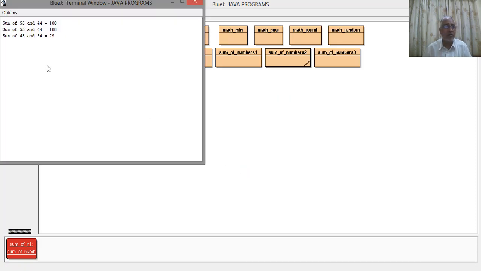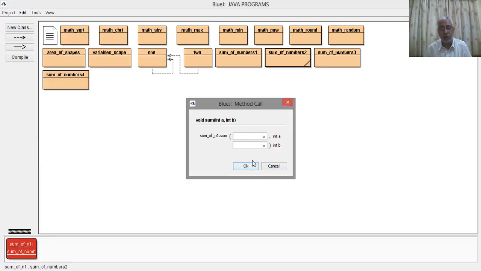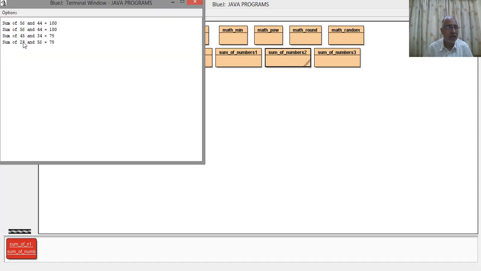As soon as we press the OK button, we get the answer: sum of 45 and 34 is 79. You see the earlier program, 56 and 44 came both times, the same thing, but here 45 and 34, which we give, are coming. Again, suppose we run this program. Again, it will ask you for new values in the method call. So you can give 23 and the next value 56, and OK. Now you see the sum of 23 and 56 is 79.